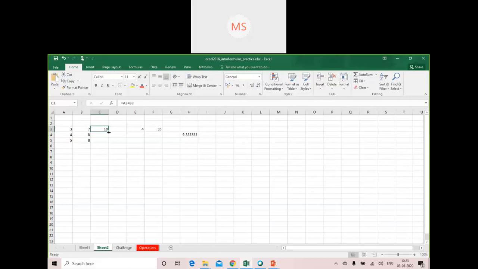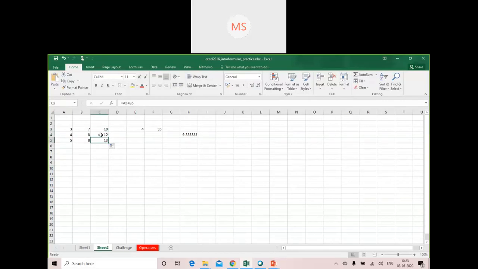The moment the plus sign appears, I'll click it and drag that cell to C5. And the moment I do that, the formula gets copied. Now you can see here the cell references are also changing by default.